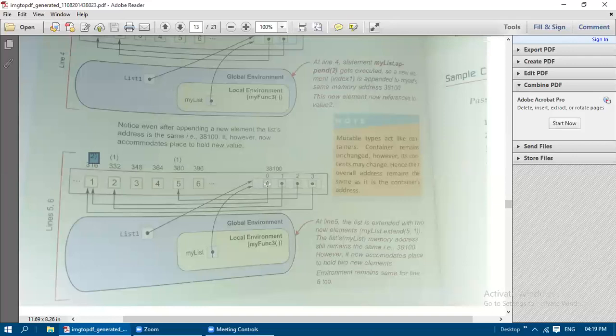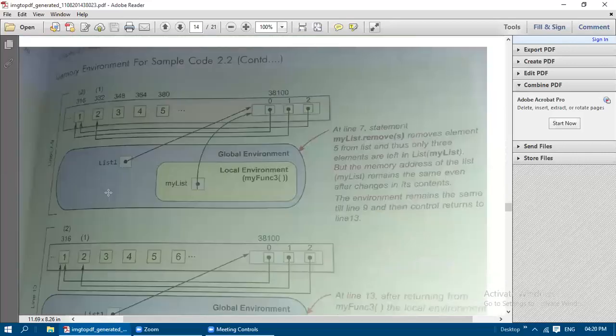My list of 0 is pointed to 1, and my list of 3 also is pointing to 1 only. So 2 reference count. The other two elements are 2 and 5. So 1, 2, 5, 1. So 1 is repeated how many times? 2 times. Now after line number 7, that is after executing remove of 5,